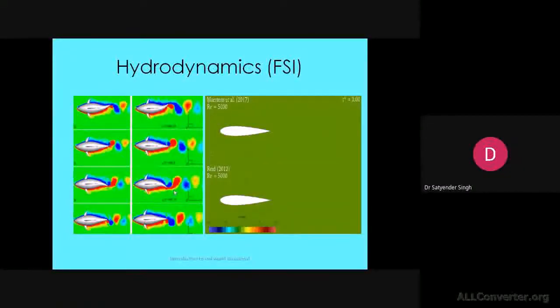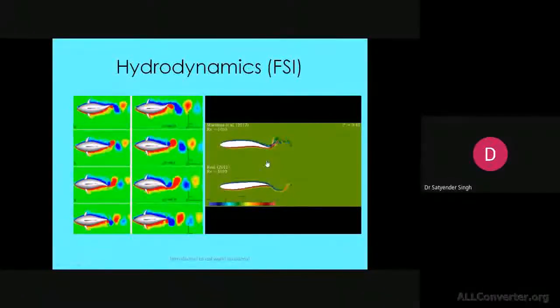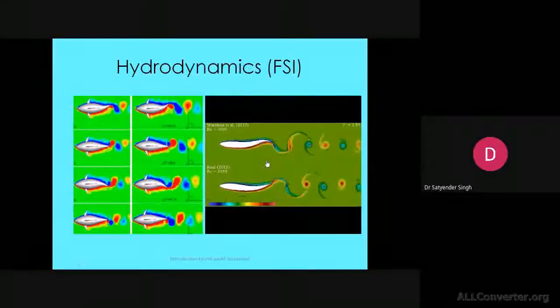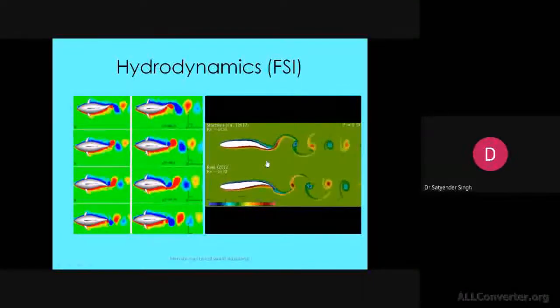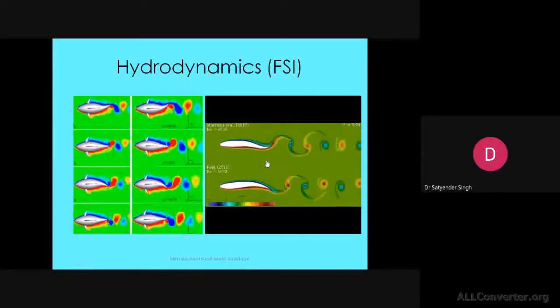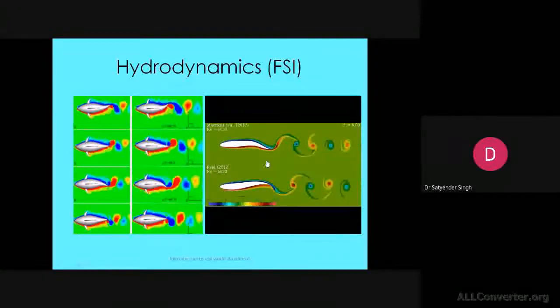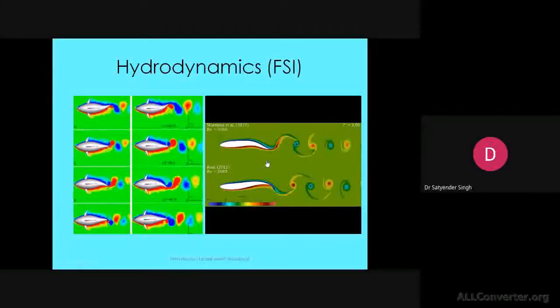I'm showing you one video here also, which indicates up to what extent CFD can be applicable at present. We call it fluid structure interaction. At present various fish-like locomotives have been designed. Submarine designs are now being made on the shape of fishes. They are studying the various species of fishes which are pitching or heaving and implementing that in their designs.